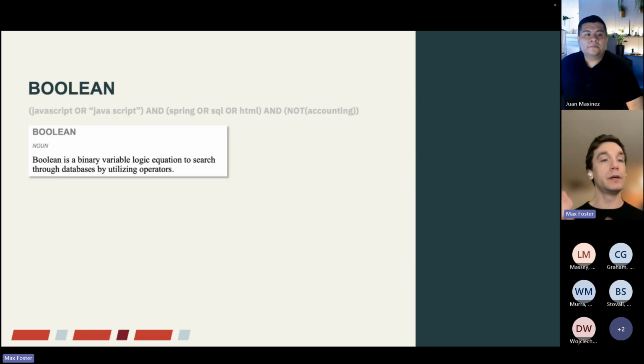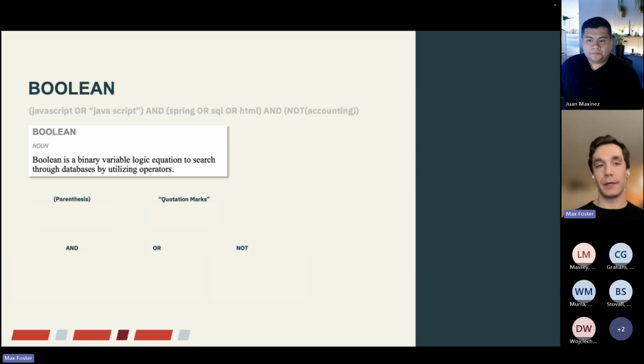So Boolean essentially just means, do you have this word or do you not? Right? And our database will show, if you type in a word, it will show you candidates with that word in their profile. So with that, there are 5 main ways you can manipulate that search bar to help you find those candidates. There's parentheses. So use equation markers around keyword groupings to better indicate to the system what types of candidates you're looking for.